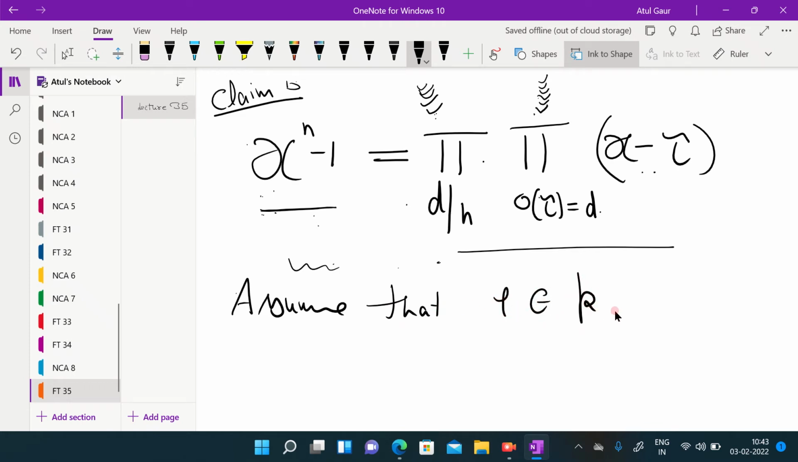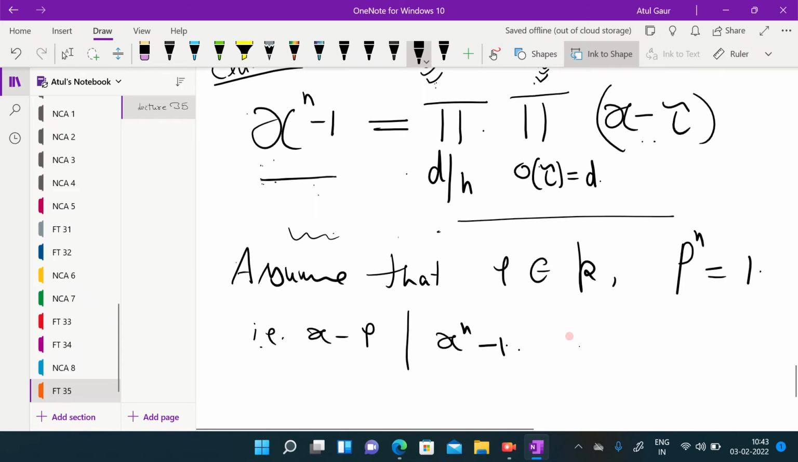rho is an element in K and rho power n is 1, that is, x minus rho divides x^n minus 1. Simply it's a linear factor. Okay, this is rho power n. All right. So